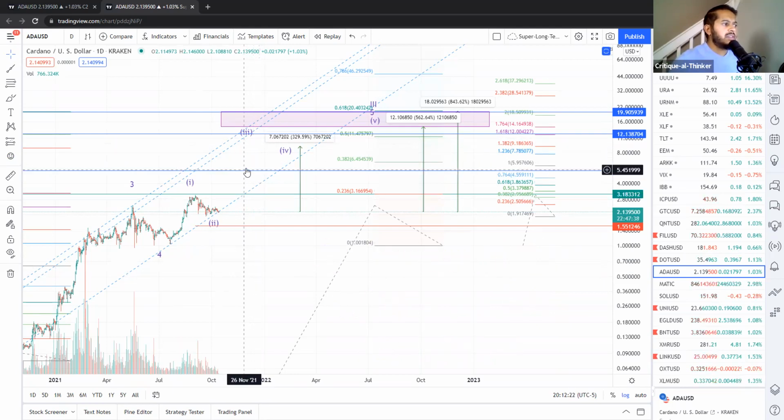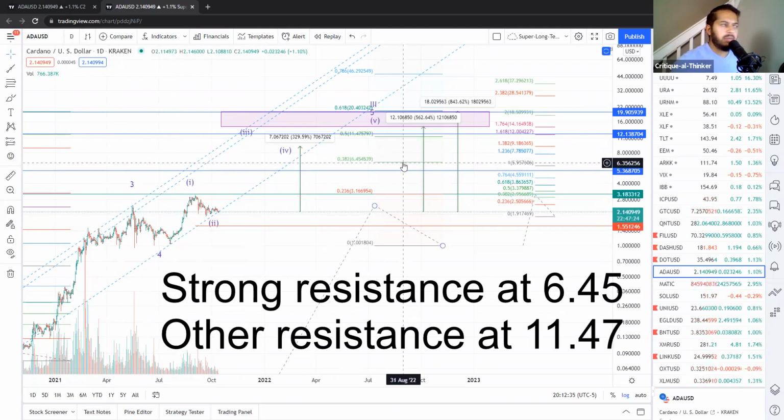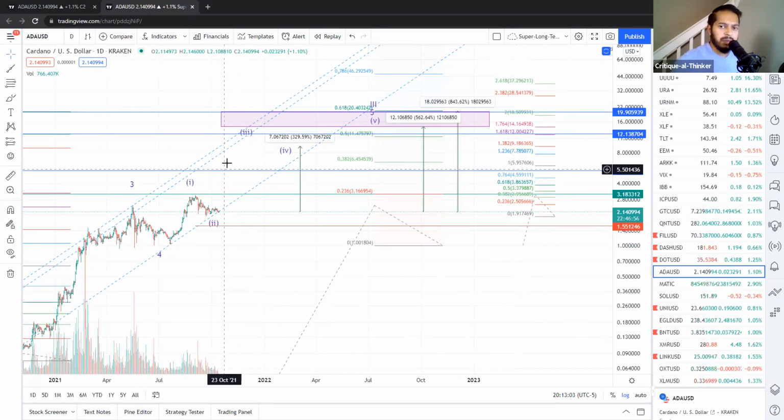It just so happens that we have two significant resistances that we will have to be mindful of. There's a strong resistance at this 0.32 extension of this larger 3-4 pattern, and that sits right at the 6.45 mark. So don't be surprised if we bump our heads on that before we clear it to get closer to our standard third wave targets. In addition, the third wave target may also coincide with the 0.5 extension, which is at 11.47, right near the top of our standard expectation for the subwave 3. That would be the ideal scenario where we possibly bump our heads on both resistances and then finally consolidate sideways